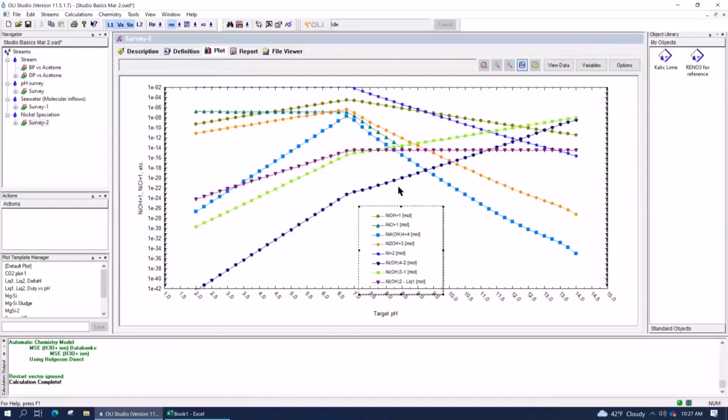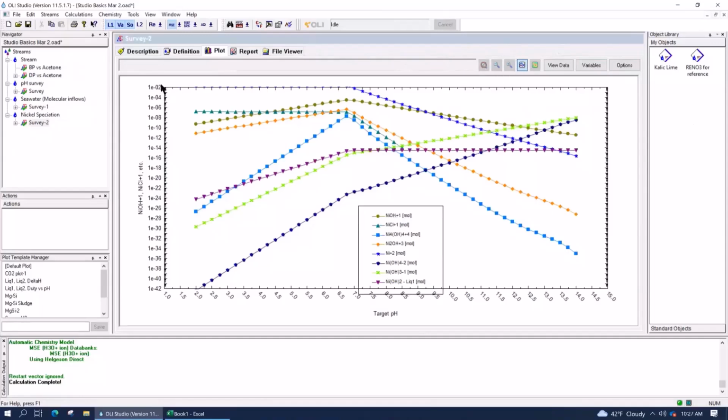Like I was saying before, you can right mouse click and remove, but it's really not a good idea here because a lot of these things are important depending upon pH. So what you can do instead is use the zoom feature in the software. These 3 buttons up here are zooms.